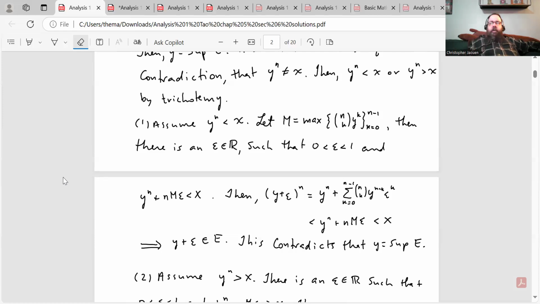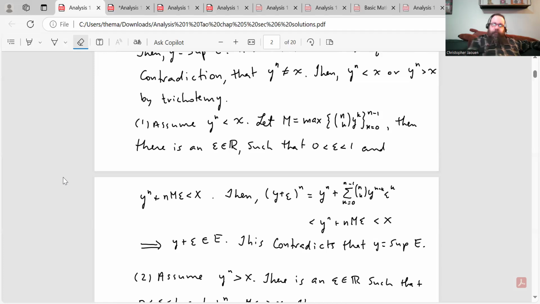Now, I do have to make a note here. We haven't talked about the binomial theorem in Tao's book yet, but the binomial theorem can be proved using induction, and we've done many proofs by induction in this book. Furthermore, we've proven by induction the binomial theorem in Spivak, so I felt comfortable using it here. But technically, if you're going to use the binomial theorem, just to be in the spirit of the book, you should prove the binomial theorem first